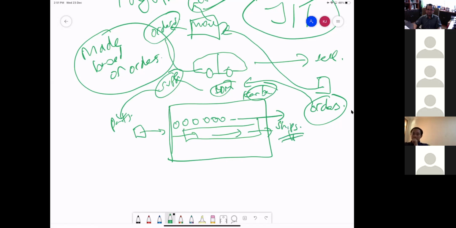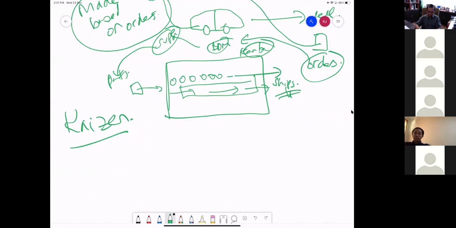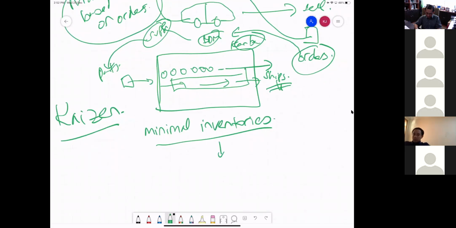But as time goes by, they start to improve with the Kaizen approach, and then they also have some minimal inventories. But they calculate their inventory, not just simply put the inventory. So they know how much is the economic order quantity